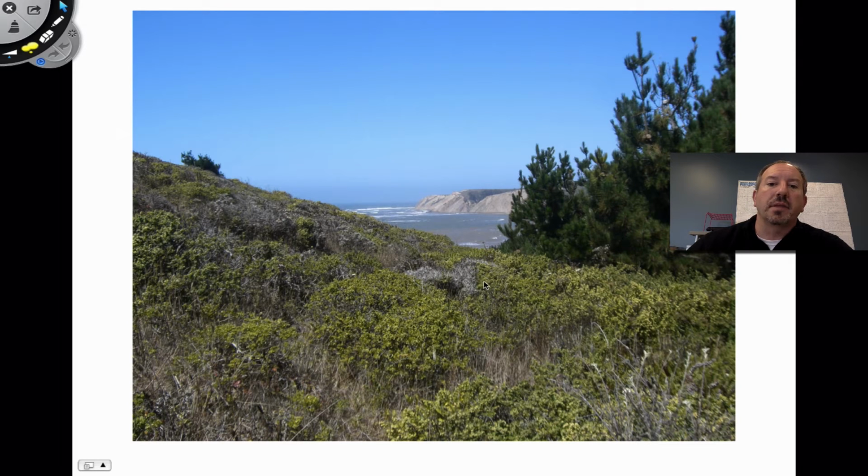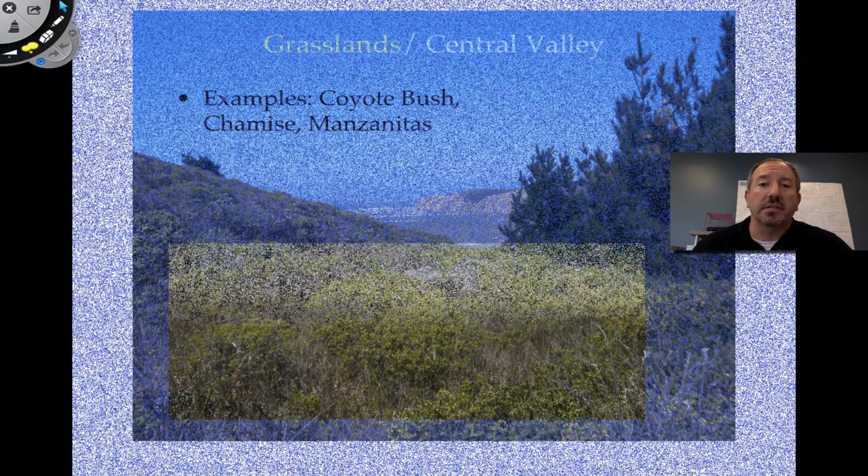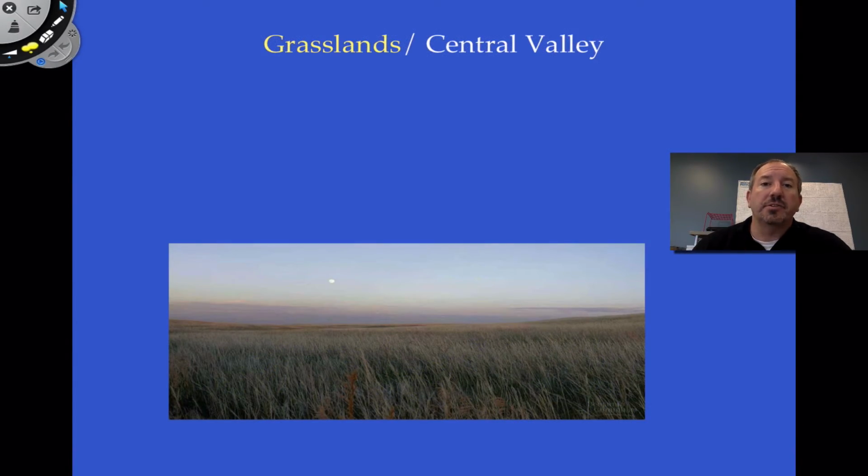You can see here, it's dominated by this chaparral with these shrubs, and then you even get some conifers that are growing there. Sometimes the conifers don't like to grow too close to the ocean because they get the salt spray that comes out. But examples of these shrubs would be coyote bush, chamise, and manzanita. And it's surprising that 8% of the vegetation of California are these shrubs. So it's fairly significant.